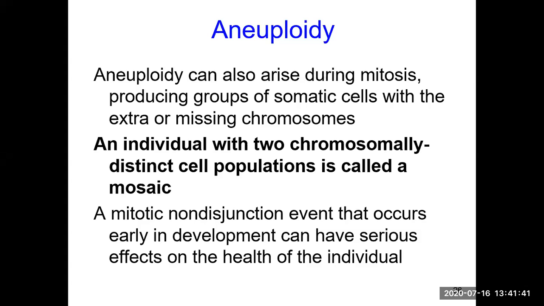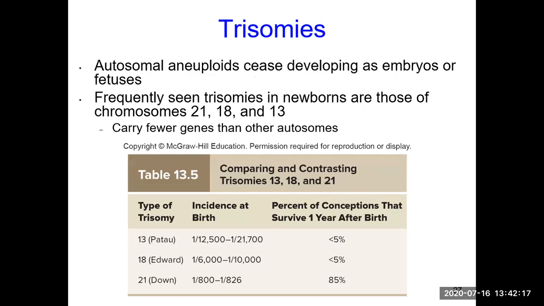Now, if aneuploidy occurs during the process of reproduction, physiologically in the sperm and the ovum, then all the cells that will be formed from that sperm or the ovum are going to be aneuploid. But sometimes aneuploidy can also happen during mitosis. Okay, so a skin cell was dividing, and then aneuploidy occurred. So in that individual, it's not that all the cells, all the tissues, and all the organs of this individual are abnormal, but some cells in this person's body are aneuploid. They are chromosomally abnormal. Okay, so this individual is known as a mosaic.